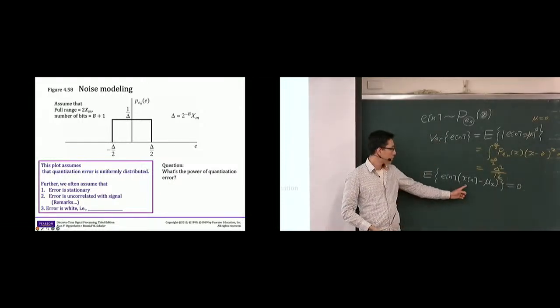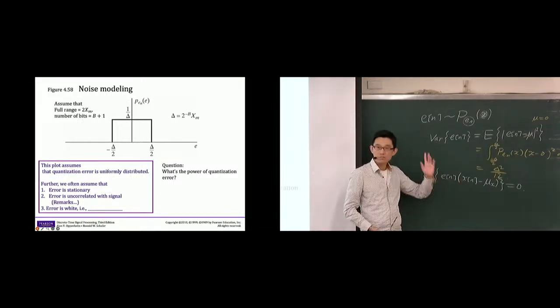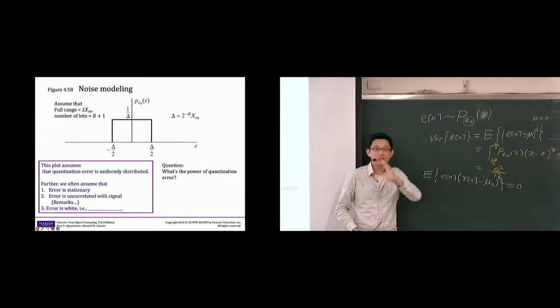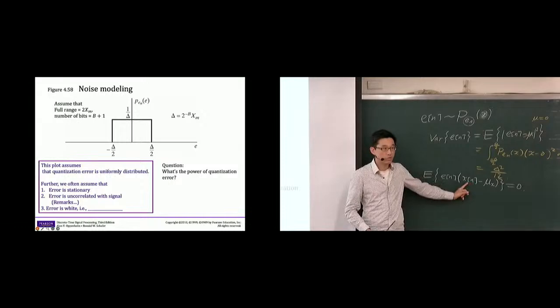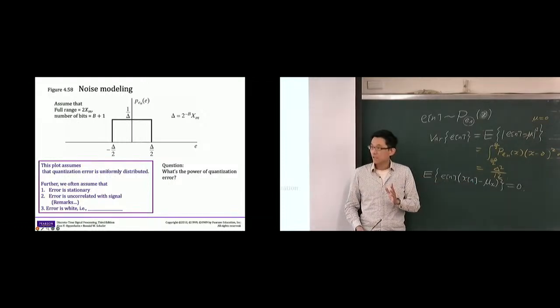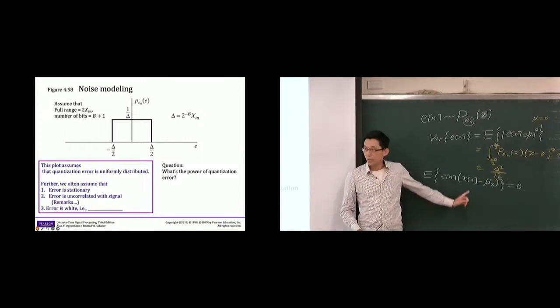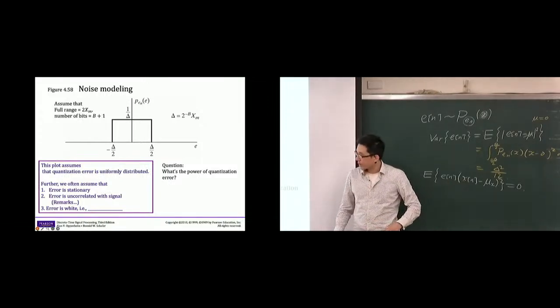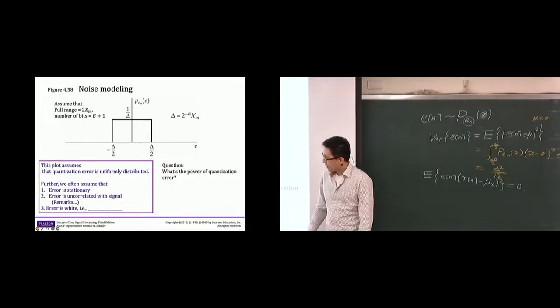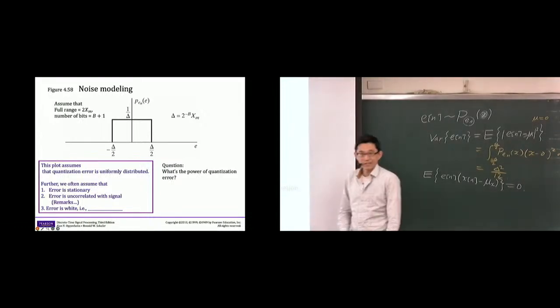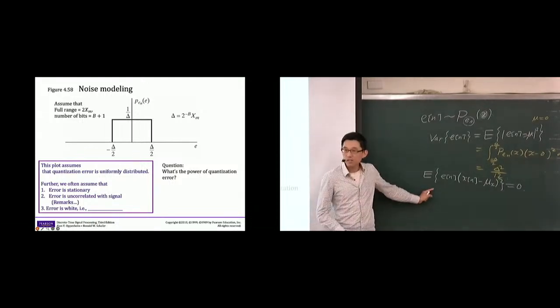Meaning that you may increase the signal, decrease the signal, but the error, approximation error, is not positively or negatively correlated with the value of your signal. Okay? That's an assumption. Like there is a zero correlation between the two of them. That's an additional assumption. So already you're seeing that we can have more and more further discussions. Okay? So far so good? Any comment? Do you believe it?